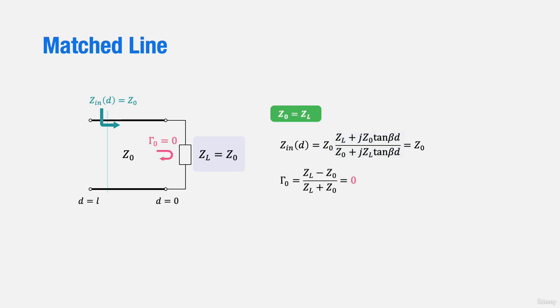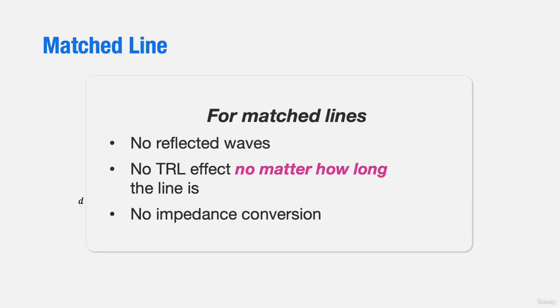When ZL is equal to Z0, gamma 0, which is ZL minus Z0 over ZL plus Z0, will be equal to 0, indicating that no reflection will occur. Consequently, regardless of the line's length, there will be no transmission line effect, meaning there will be no impedance conversion